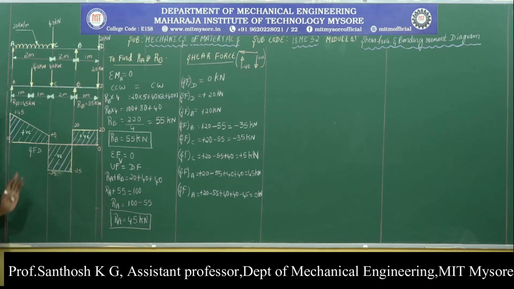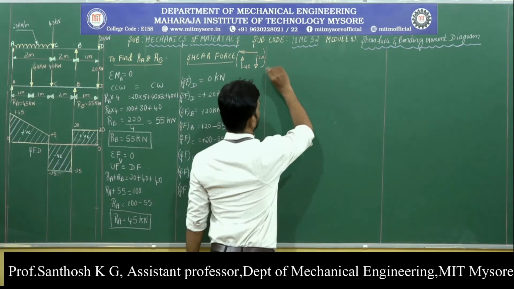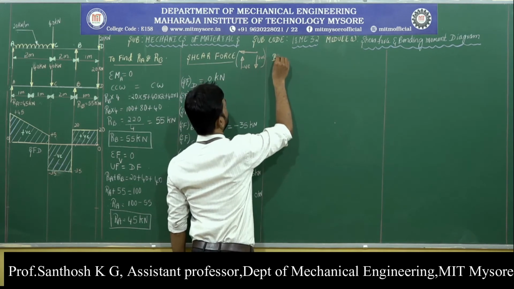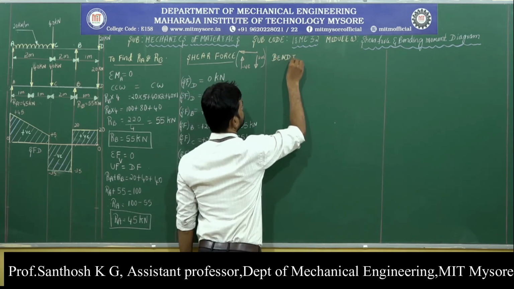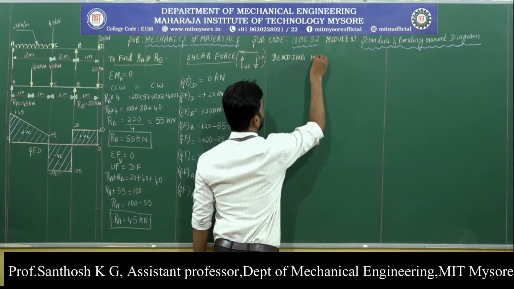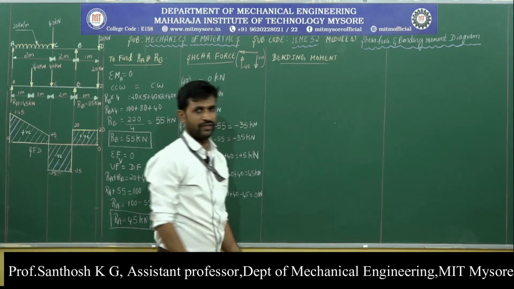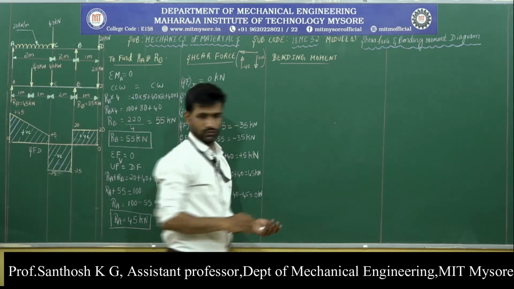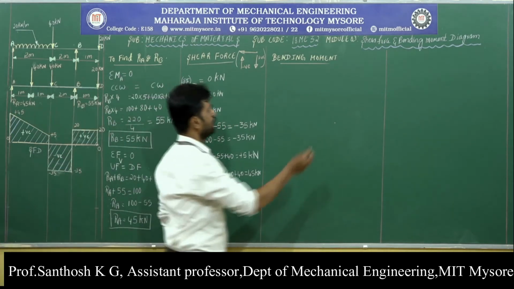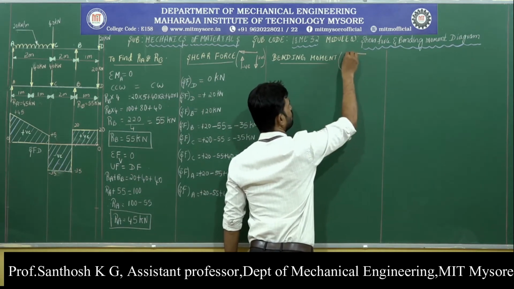After drawing the shear force diagram, now let us draw the bending moment diagram. In order to draw it, first I should find the value of the bending moments at the given salient points. So, next I am going to find the bending moments at the various salient points. Here also we will be moving from right side to the left side,